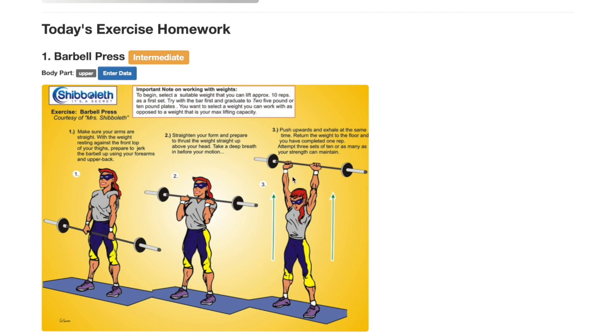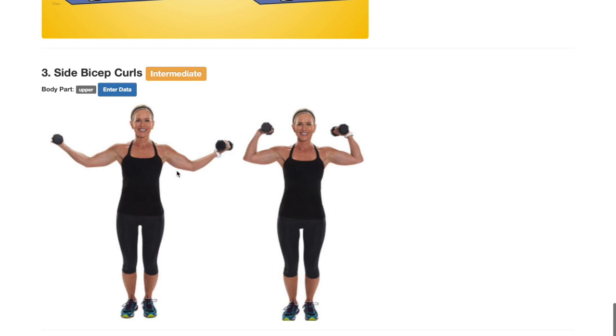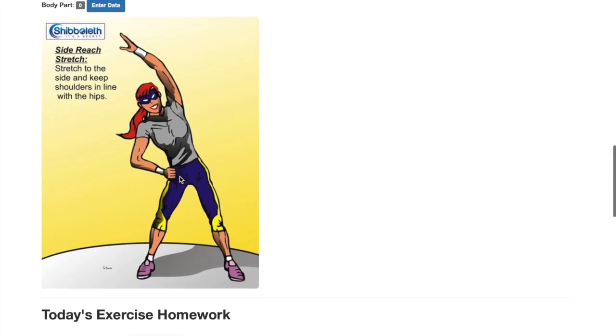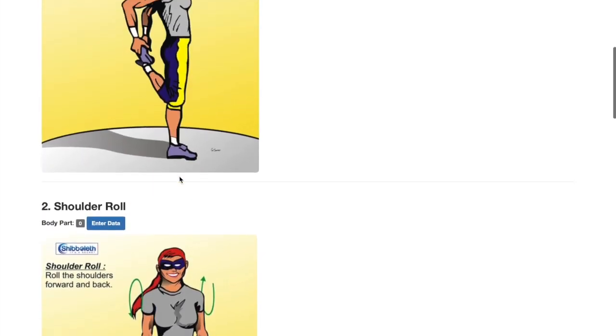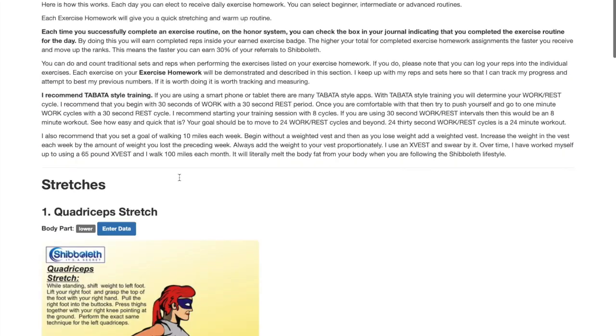Today's exercise homework, again, this was intermediate. If you go beginner, you're not going to have to use any weights. But if you have weights or bands, even bands, you could do this. I've got the barbell overhead press there. I've got a standing barbell curl. And I've got some side bicep curls that I'm going to do. It just picks me out randomly, 3 different exercises. I'm going to follow the instructions. When I get through those exercises, I've got my exercise homework in. Beautiful thing. I'm toning, boosting metabolism, avoiding extra loose skin. So a lot going on good with the exercise homework.